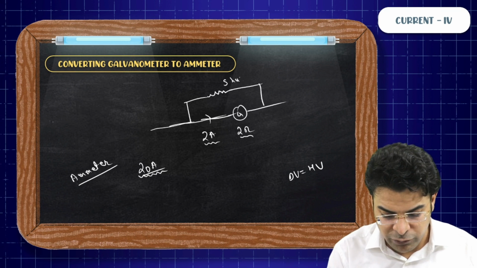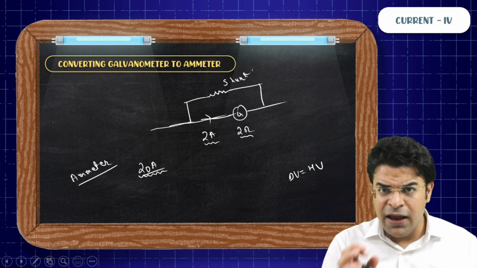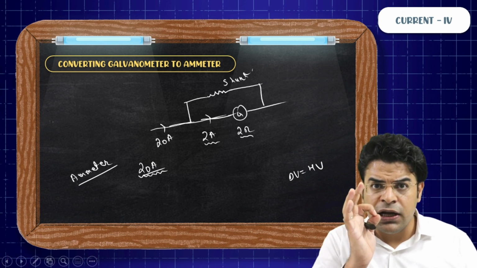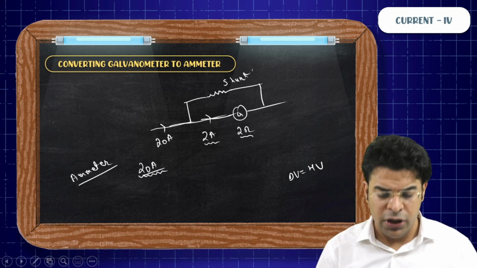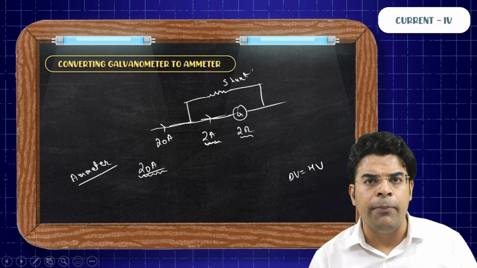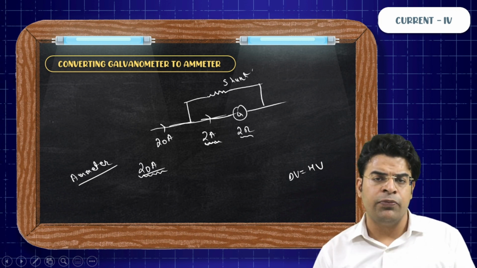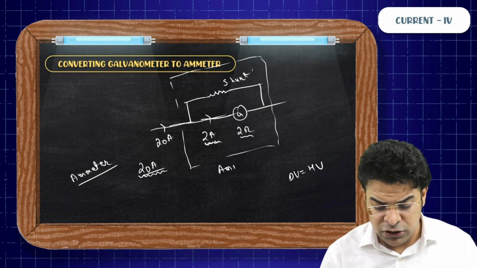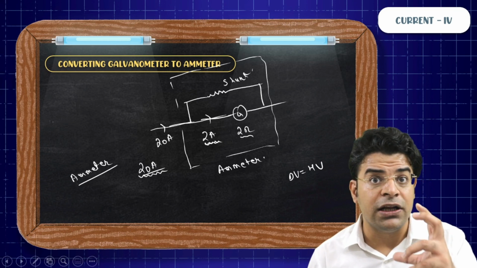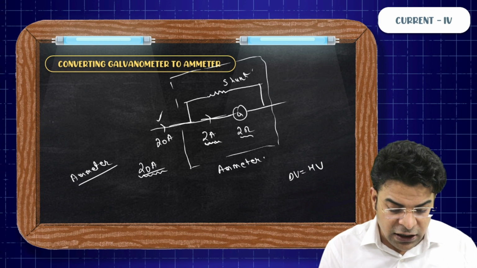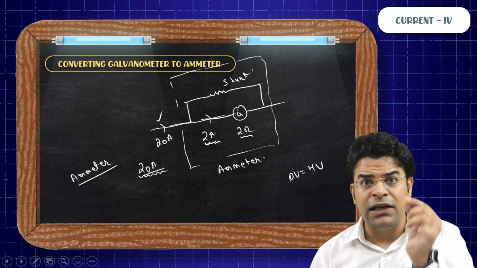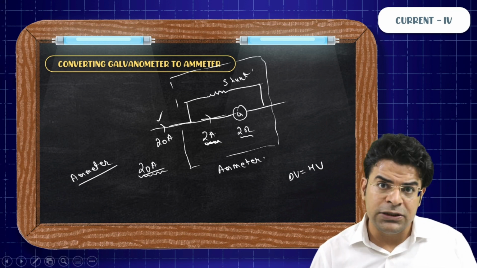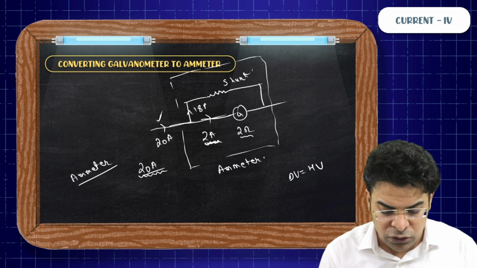So we say that we will create an alternate path for the remaining current to go, and this alternate path is called shunt. We will make a setup such that when 20 ampere of current goes into the galvanometer and shunt configuration, the current going through the galvanometer will be 2 ampere and the galvanometer will show full scale deflection. We will call the combination of the shunt and galvanometer our ammeter. In this whole combination, the current entering is 20 ampere. Out of the 20 ampere, only 2 ampere goes through the galvanometer. This means that the remaining 18 ampere must be going through the shunt.